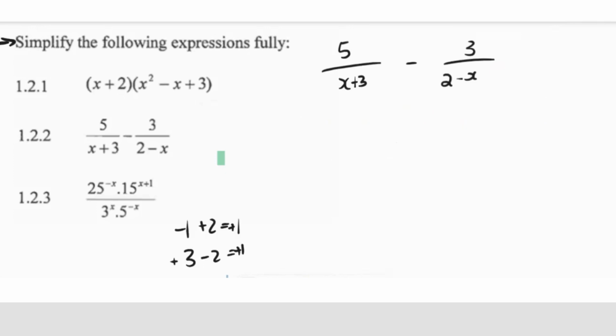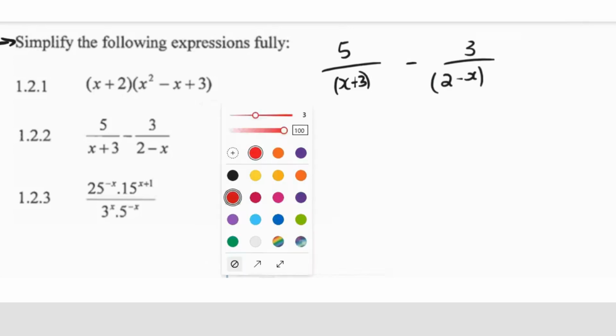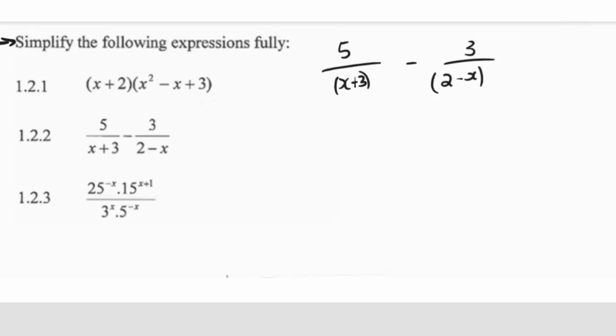So now in this case, we cannot add or subtract these two numerators because our denominator is not the same. So the only thing that we can do is that we need to make sure that our denominators are the same first, and we do that by multiplying these denominators in such a way that this bracket here